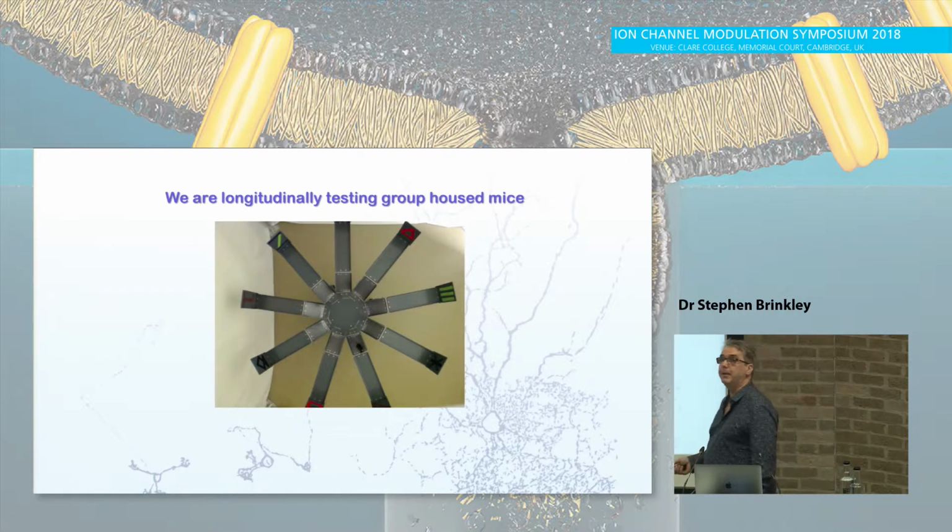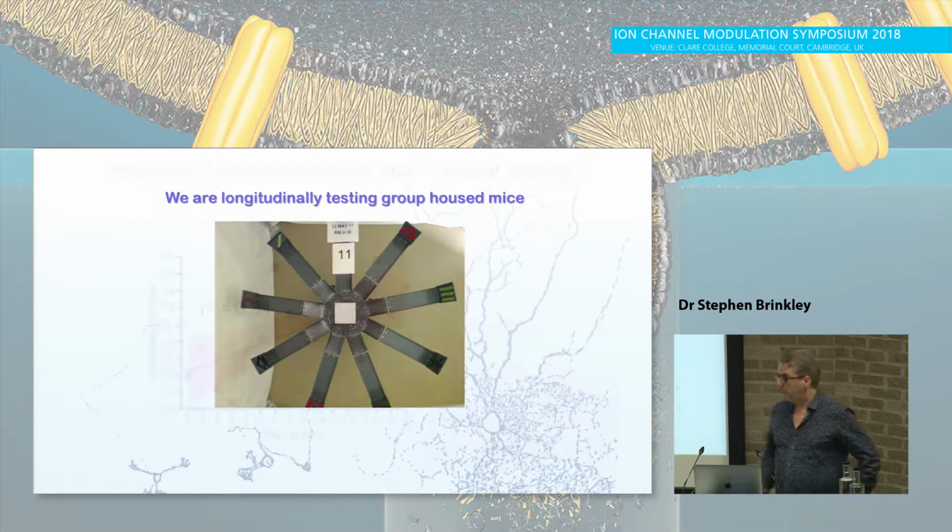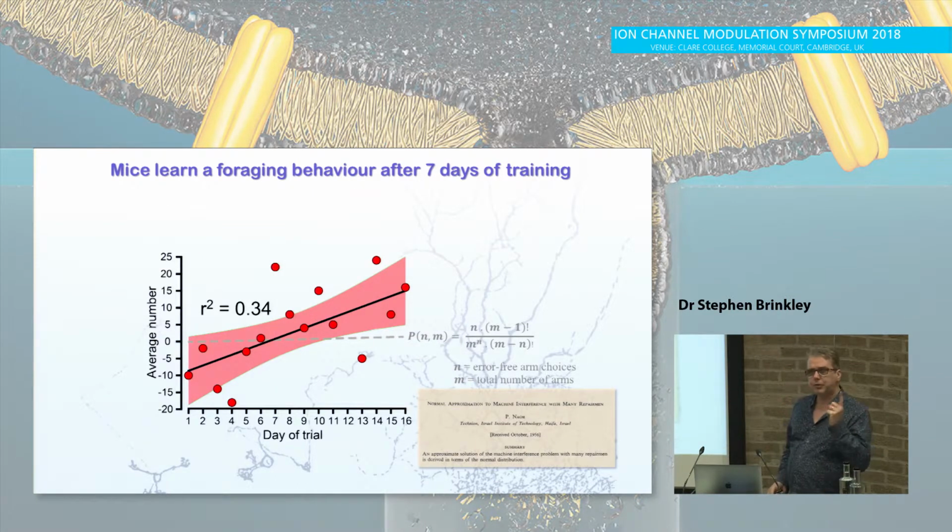When you first put them in that maze, of course, they don't know what the hell's going on. So on day 1 of the trial, we do our first trial at 4 months of age. They're operating below chance. A lot of the time, they're just going straight back into the same arm. They don't know there's food at the arm. They don't really want to explore. It's quite a difficult task, actually. By about 7 days, they're learning, they're exploring more, and they're operating above chance levels.